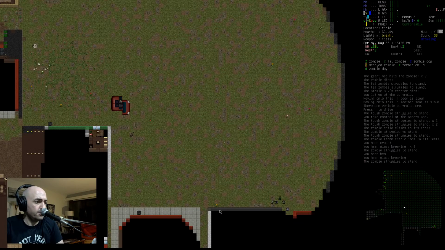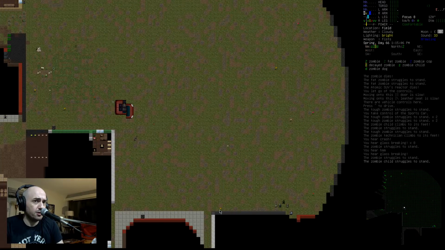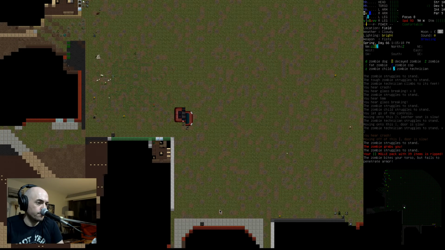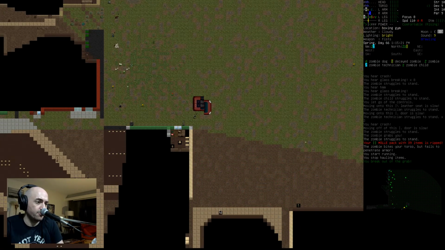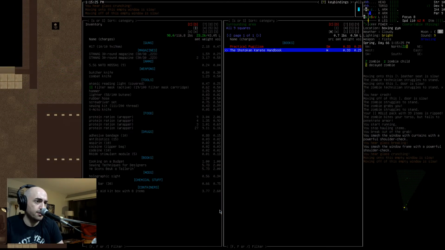Karate handbook, you say? Really? It's a boxing gym? Okay, sure. You know what? We can get that without too much risk, I think. Already regret my decisions. The fact that we have to keep our car engine running is a bit of an issue. But I don't think we have a choice in that matter because...